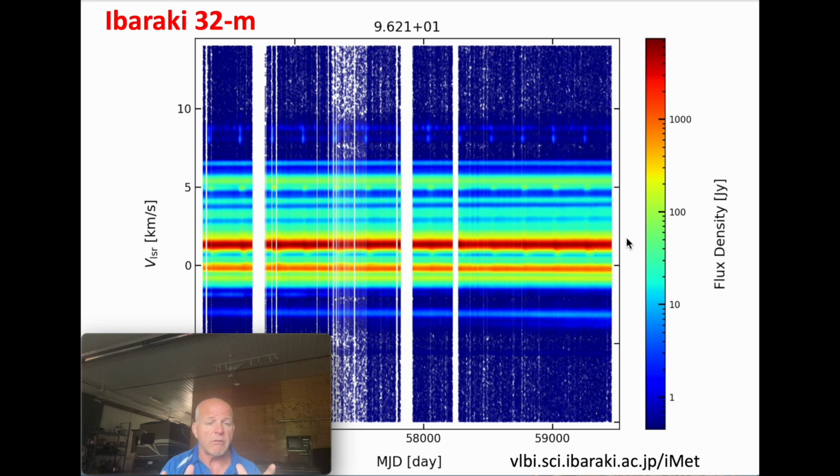But the source itself was already interesting because it was first discovered in 1991 at 6.7 gigahertz to be the strongest methanol maser. So it made it very easy for small telescopes like HartRAO or Ibaraki in Japan to observe this source very quickly and do it on a regular basis, whether it was 10 days or 1 day, what have you. So this source wanted to be found. It was very bright, it wanted to be found, and it was an excellent candidate for monitoring, and therefore we were able to make images like the one you see here, this dynamic spectra, which then